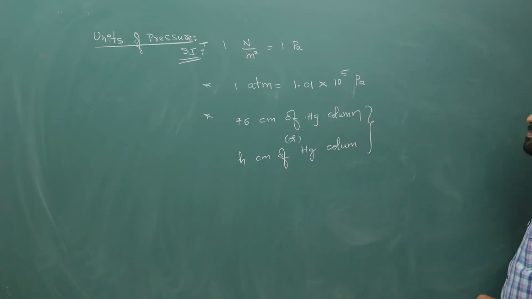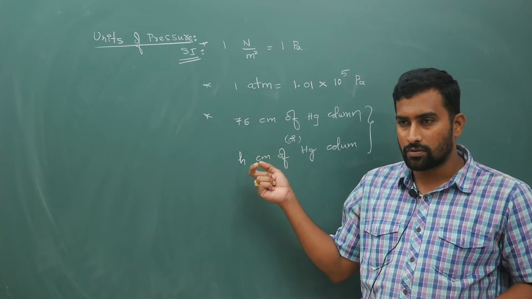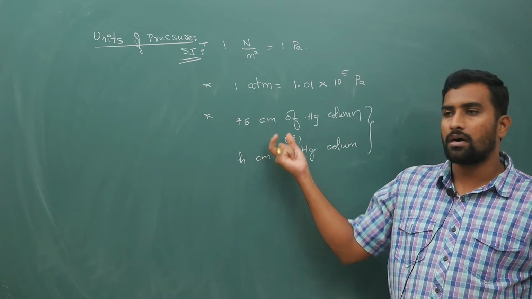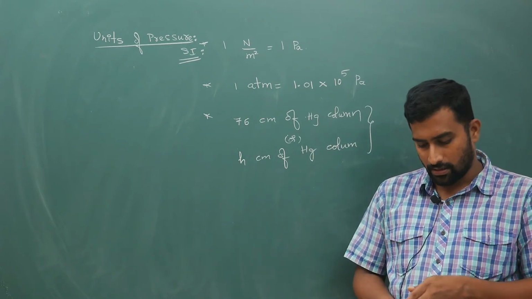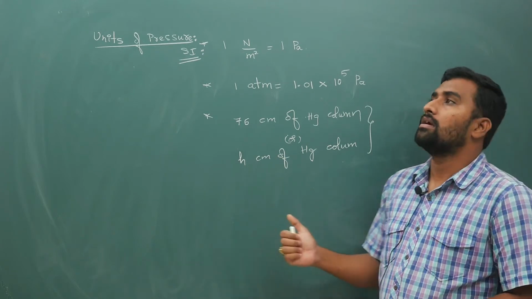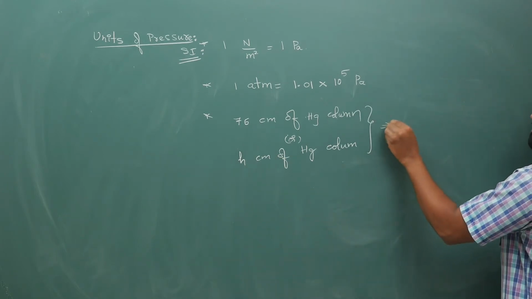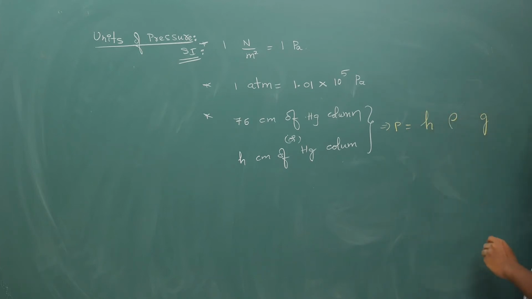Here many people will think this length is okay. Even while studying I had this doubt: centimeter is a unit of length, so how did this become pressure? It means this Hg column, from that. I will explain later, but for now this is also pressure. And when you are given it like this, your pressure is H into rho into G.